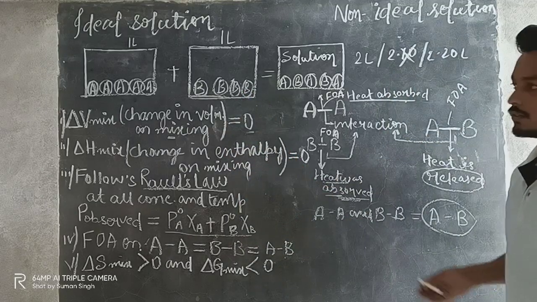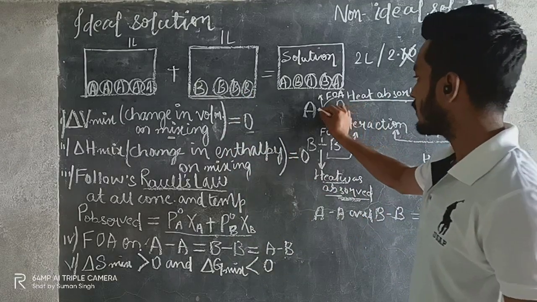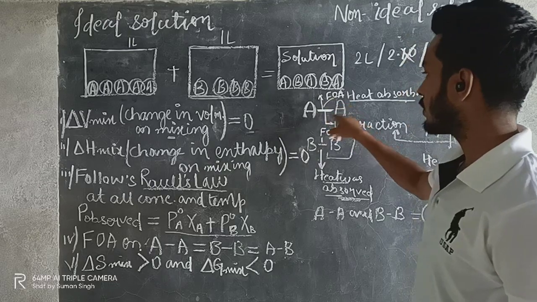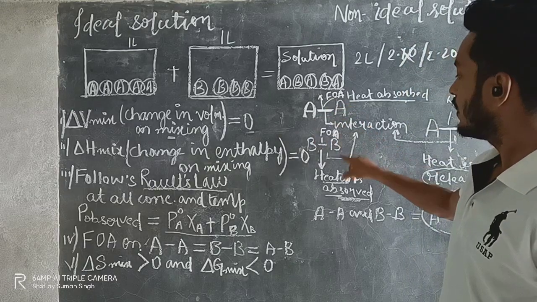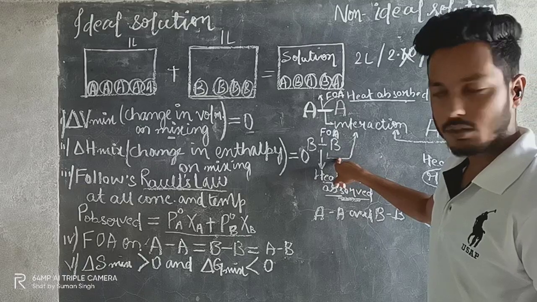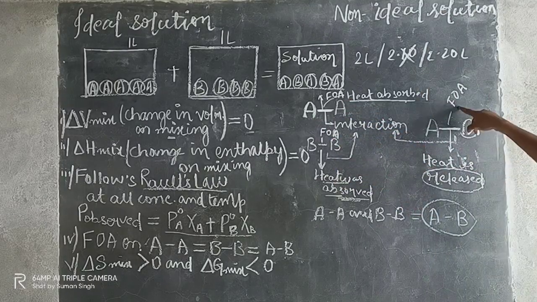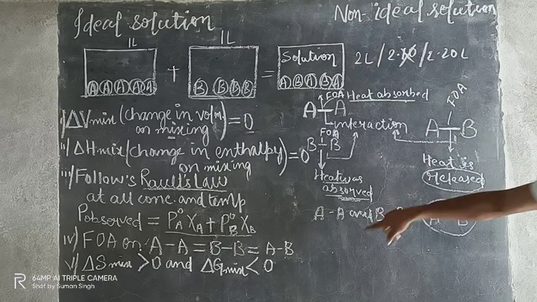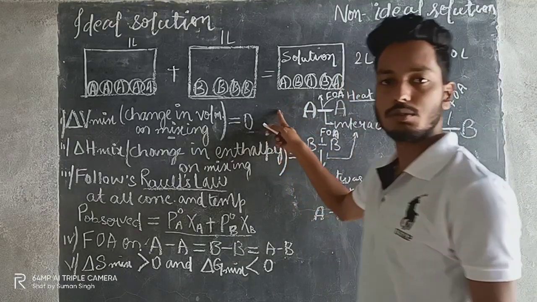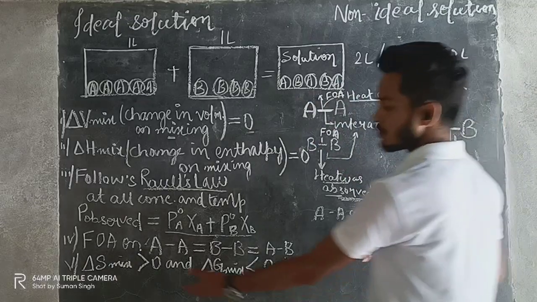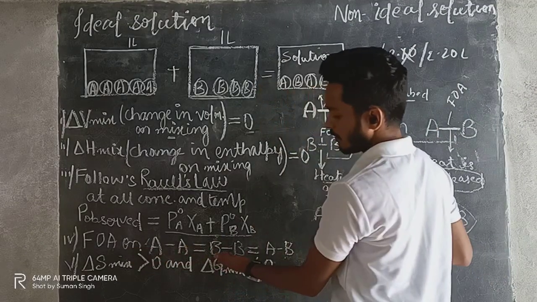Ideal solution. Just try to understand this. जब ये सिर्फ AA होगा उस समय में इन दोनों के बीच में कुछ force of attraction होगा, BB के बीच में भी कुछ force of attraction होगा। अब अगर हम लोग इसको मिक्स कर दे तो AB जो बना है नया यहाँ पे, अगर इसका भी force of attraction सेम है तो हम लोग क्या बोल सकते हैं कि ये एक ideal solution है.